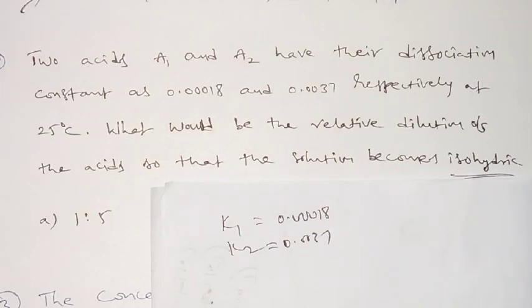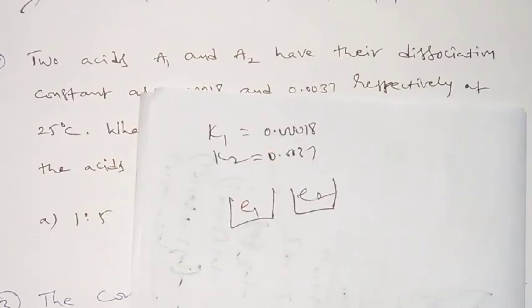Suppose you take two solutions. They must contain a common ion, and if you mix them there occurs no change in the degree of dissociation of either electrolyte. So take two different electrolytes, E1 and E2, which can be HCl or any acid, base or salt. They must contain the common ion. First condition: on dilution there is no change in the degree of dissociation.